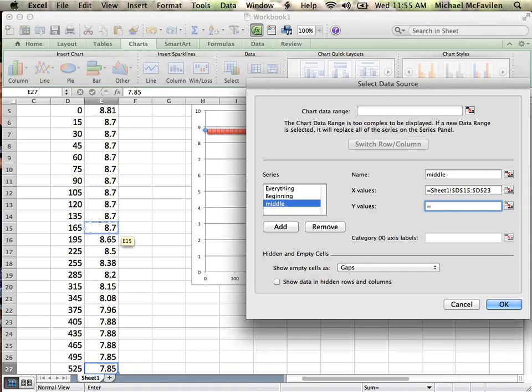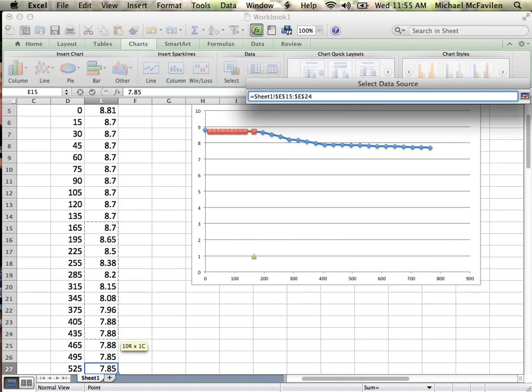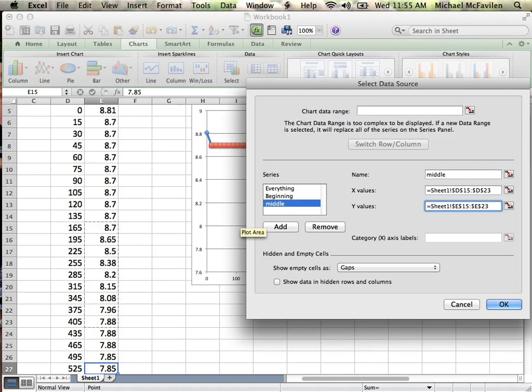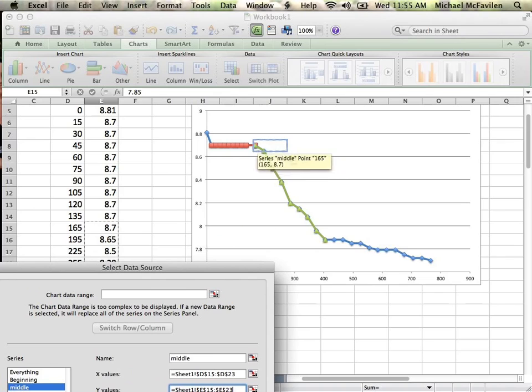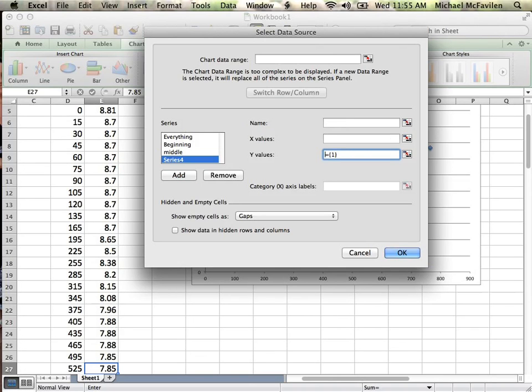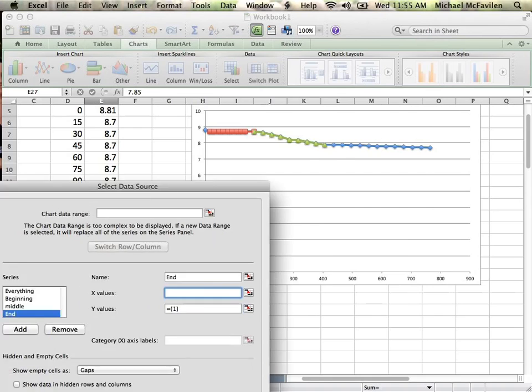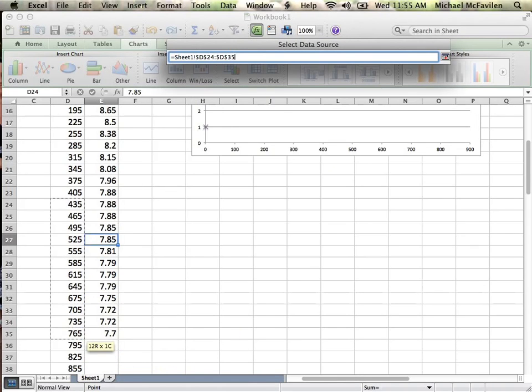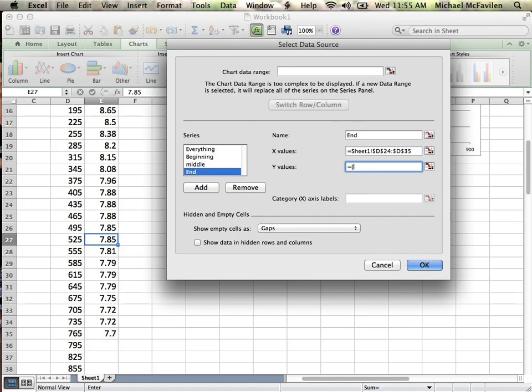Equals, so we said 165 to, I already forgot, 405? Yeah. Okay. If we move this out of the way, you can see it's now highlighted that next data set all in green. So we can see that that's been identified as a separate thing. The last thing we'll add on here, change the name of it to the end of the reaction. For our x values, I won't include 405. I'll do 435 up to the end of the reaction. Y values,